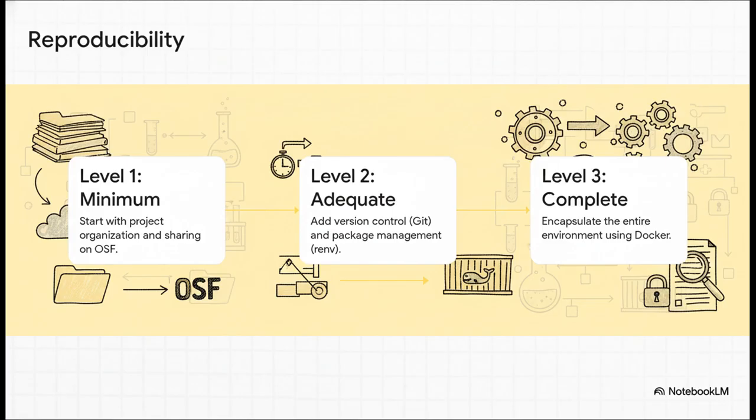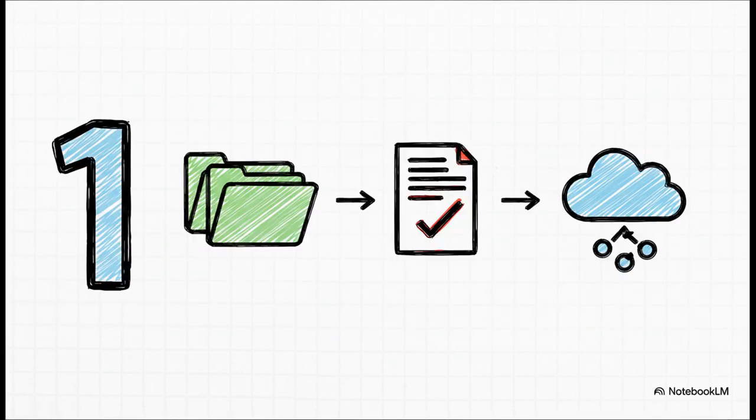And finally, you can aim for complete reproducibility. Each step just adds another layer of strength to your research, making it that much more transparent and easy for others to verify. Level 1 is all about just getting organized. Seriously, there are no complicated command line tools here. You just use the ARTE template, sort your files into those data, scripts, and output folders, write a little bit of documentation in some simple text files, and then share the whole project on a platform like the Open Science Framework. It's the absolute perfect first step, and anyone can do it.